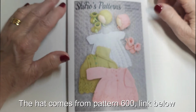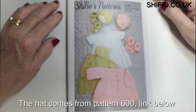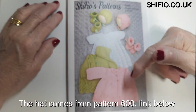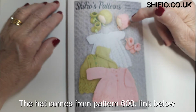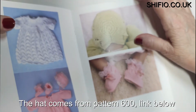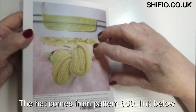Hi, thought I would show you the pattern that the hat we're going to make is taken from. It's pattern number 600. It's got a dress, it's got a jacket with two different types of bands. The hat has lace on it and the hat has no lace on it. Same with the booties. This printed pattern and the other pattern has photos on the inside, photos on the back,